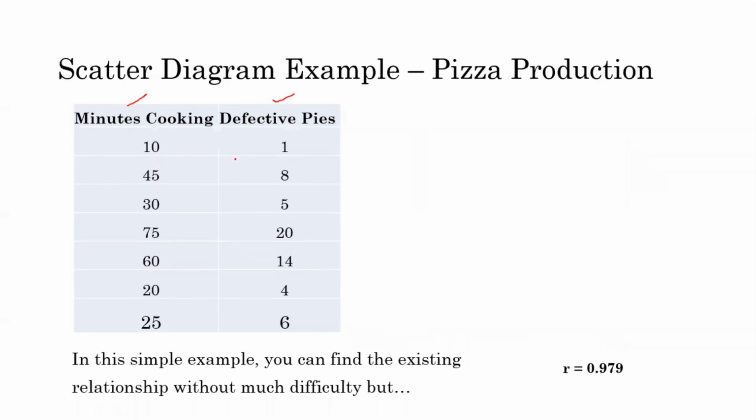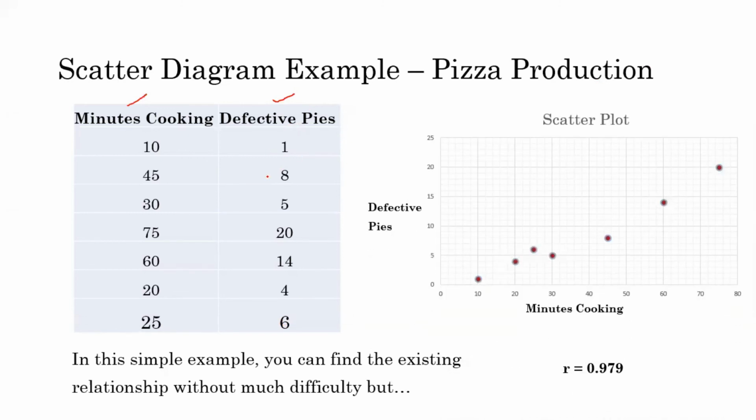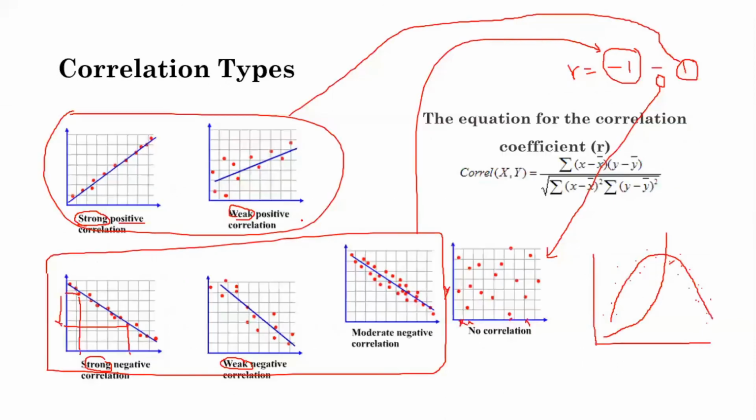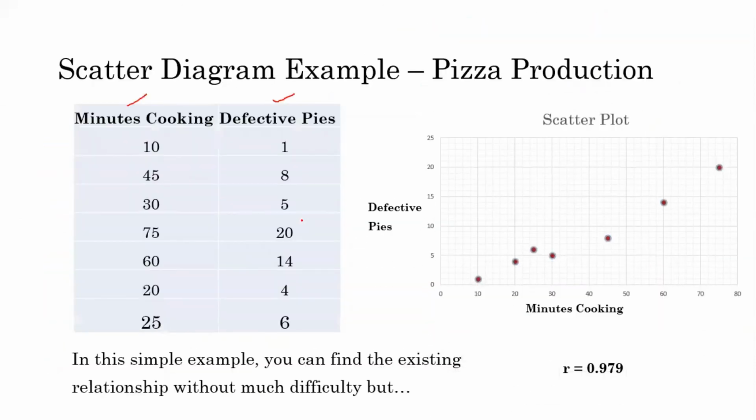So you could plot these 2 points. So time is continuous and you can count these values as well. ስለዚህ ዲፌክቶቹ ስናያቸው ማክሲመም እዚህ ጋር ያለን 20 ነው። So you could increase it a bit. ስለዚህ ከዲፌክቲቭ ፓይ ከ0 ጀምሮ እስከ 20 ልንል እንችላለን፣ ግን ለጥሩ ኢሉስትሬሽን እስከ 25 ድረስ እንወስዳለን። So this is what we call the length of identifying the highest and the lowest value for determining the length of the axis. Then ይሄኛው cooking time ደግሞ ከ10 ጀምሮ እስከ 75 ድረስ አለ። So ይሄንንም ለኢሉስትሬሽን የተወሰነ ጨምረንበት ከ0 እስከ 80 ድረስ አስቀምጠናል። ስለዚህ ምን እየሆነ ነው የሚመጣው